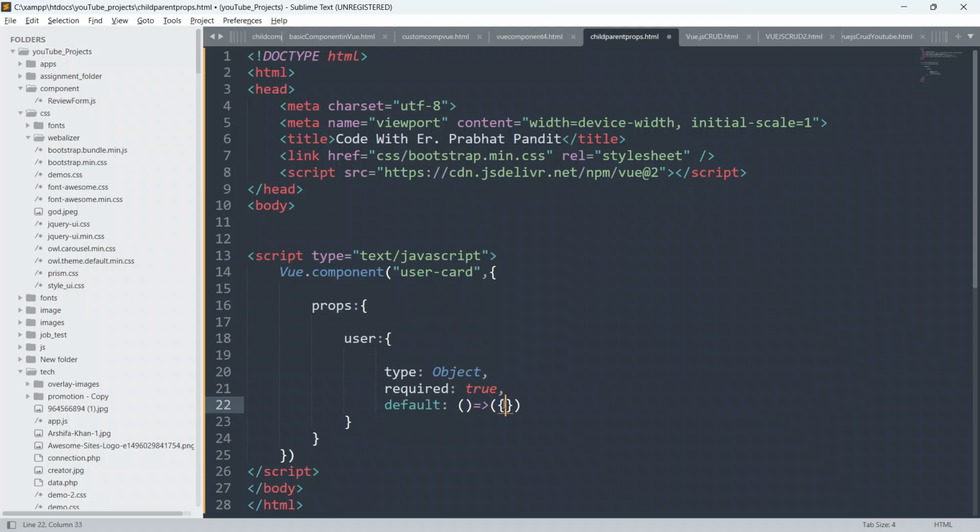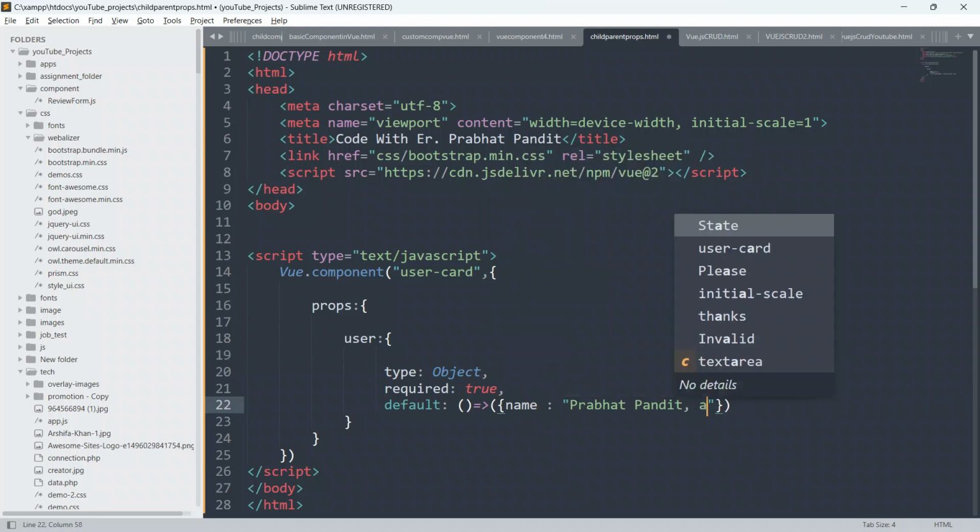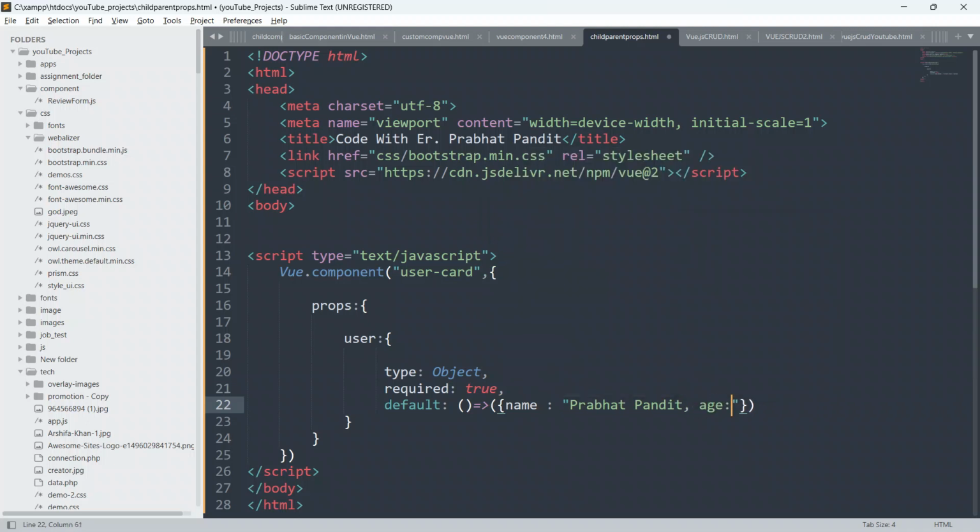I will say name, colon, Prabhat Pandit, and put a comma here. I will say age, 27, and then email, colon, in double inverted commas, Prabhat ies48@gmail.com, and put a comma.